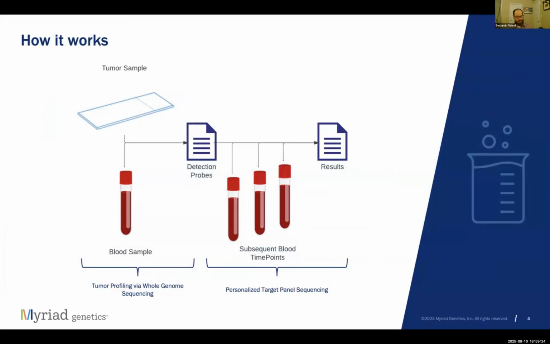MRD is a complex assay, but in summary, a tumor sample and the buffy coat are isolated from whole blood and sequenced on the NovaSeq X. This sequencing is used to call somatic variants present in the tumor genome but not present in the germline genome, coming up with detection probes. These variants create the detection probes for targeted sequencing of the patient's plasma at baseline and subsequent time points. These are also sequenced on the NovaSeq X. So this starts with the baseline and adds these additional time points, leading to the patient results.